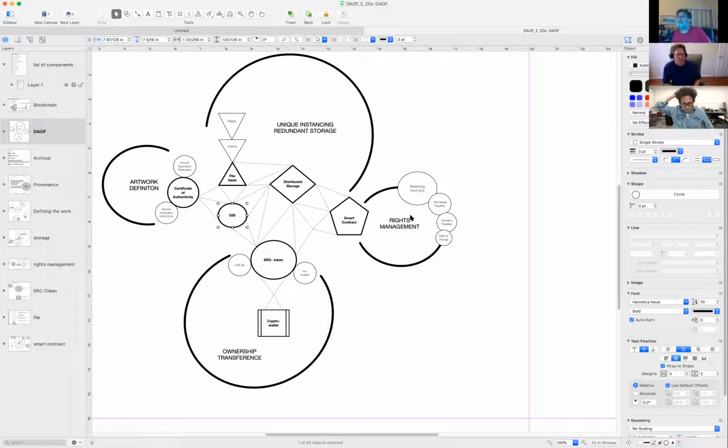The artwork definition, you're saying, can be independent of the behaviors. Yeah, the art object can be independent of the behaviors. The behaviors are in the smart contract here, which we're attaching to this stuff, but they're two separate things.